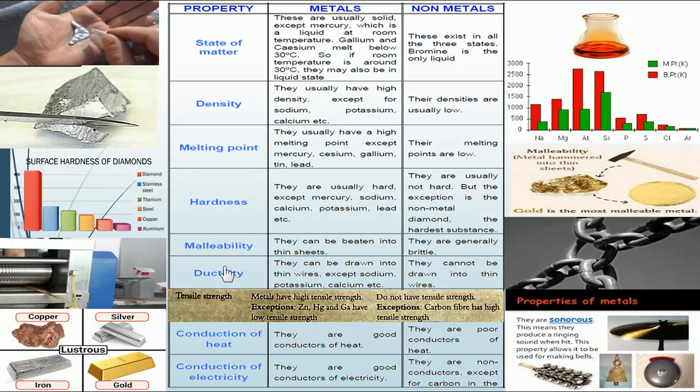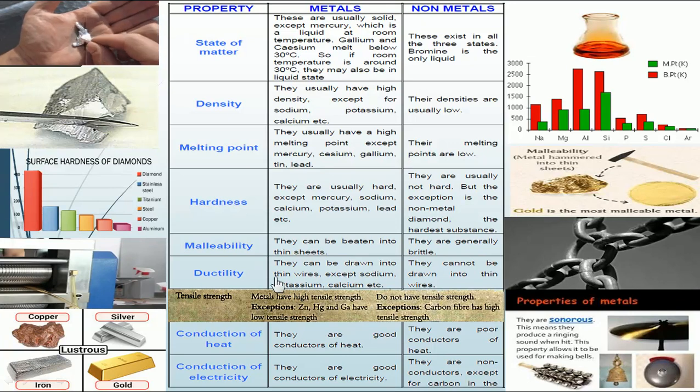What do you mean by ductility? You could see this picture. Ductility. Drawn into wires. So this is how they make wires from gold. So we can draw into wires. This property is called ductility. So all the metals can be drawn into thin